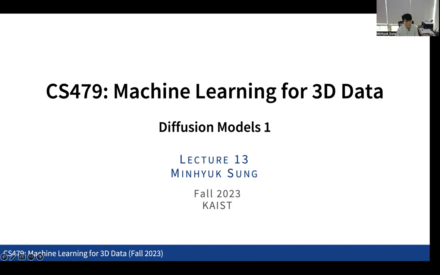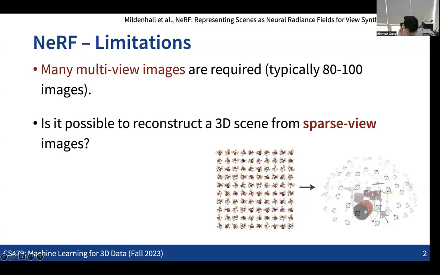So far we have seen some ideas in terms of how we can leverage other representations, especially to reduce the computation time, while also getting really good quality of outputs. So now we can see that NeRF can be optimized in a very short amount of time, in just a few minutes, and can even be rendered in a few seconds or even a few milliseconds with very nice quality. So it seems like the issue with the computation time is kind of solved. But there are also a bunch of other limitations as well.